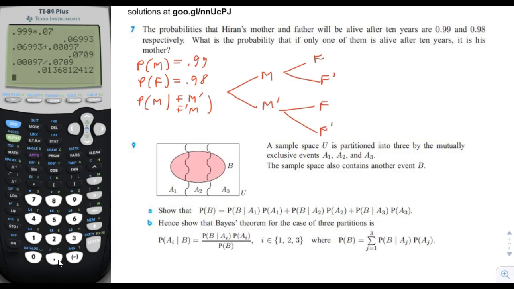Probability of the mother alive is 0.99. Probability of the father is alive is 0.98. 0.02, 0.98, 0.02, 0.01. Probability that both the mother and the father are alive are 0.99 times 0.98, which is 0.9702. The probability that the mother is alive and the father is not